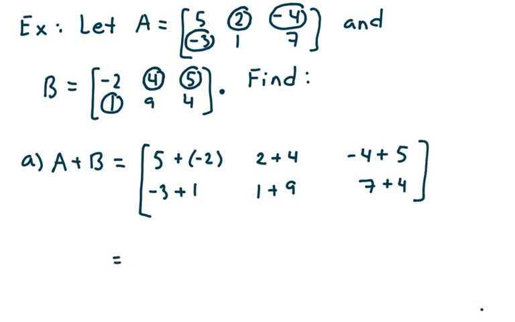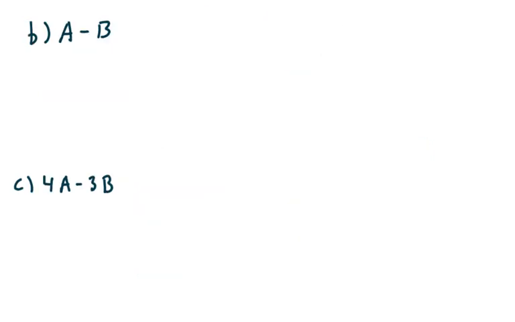And when I simplify this result, I get the following. I get 3, 6, 1, negative 2, 10, 11. And that's how we find A plus B. What if we want A minus B? Now, let's remind ourselves. So I'm going to take the matrix 5, 2, negative 4, negative 3, 1, 7,